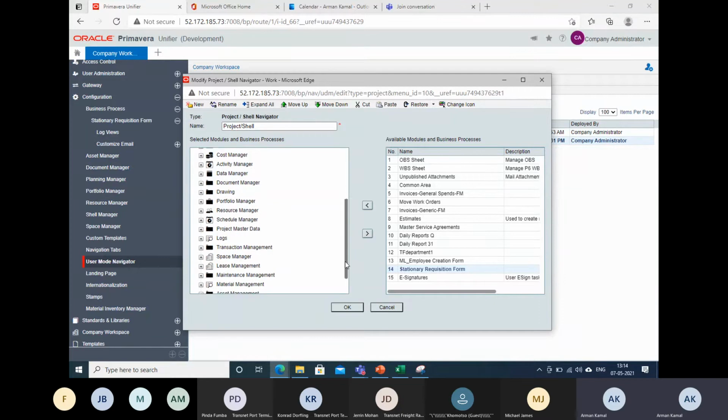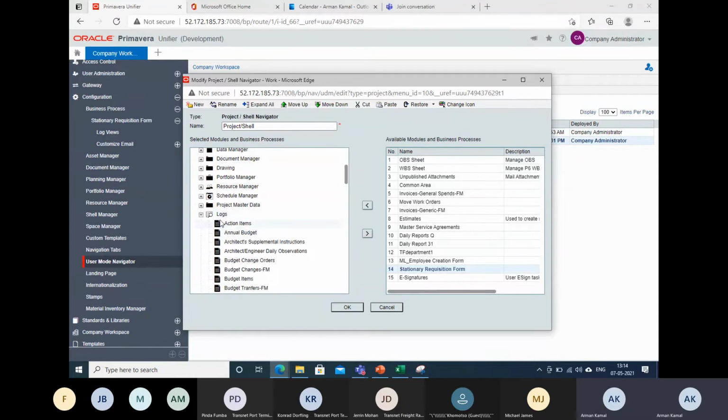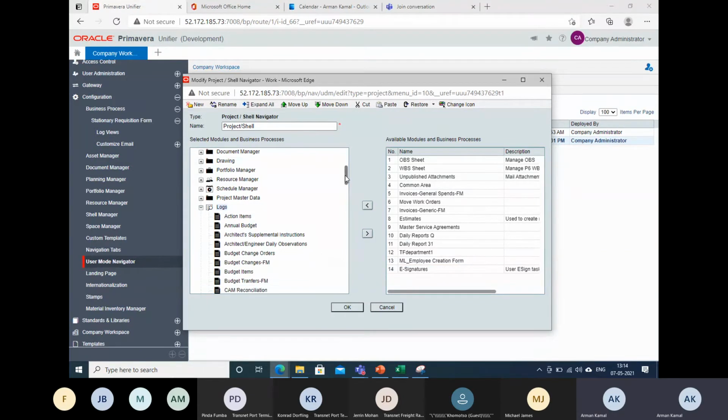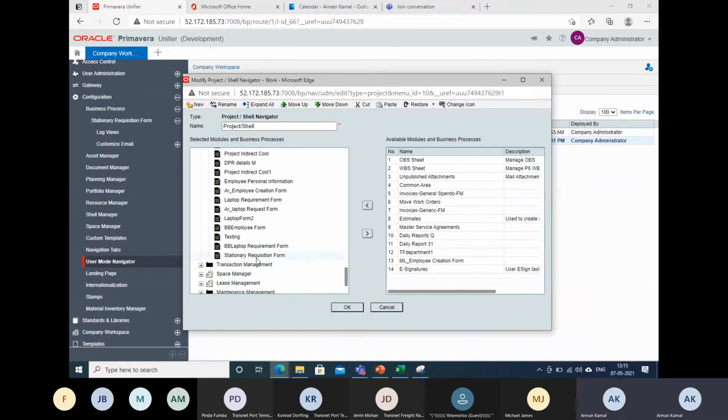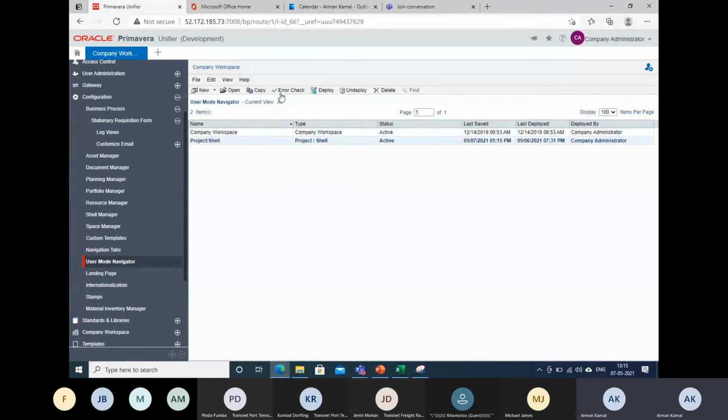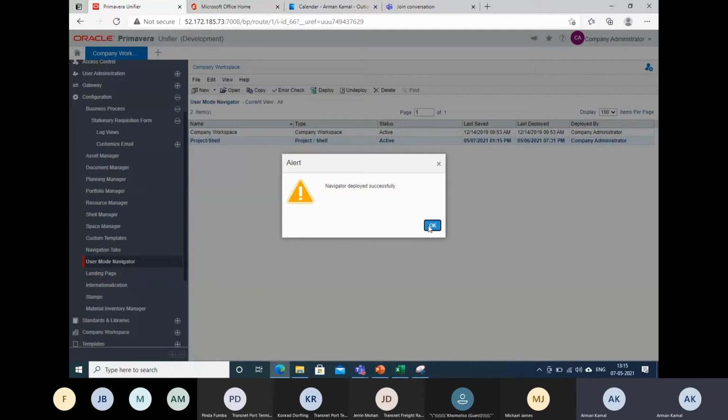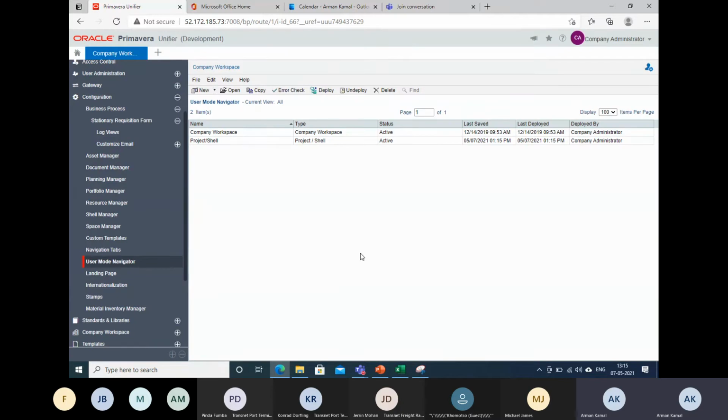So you have to select the log tab and select this form very precisely, and make it jump from left to right. You'll see the stationery requisition form is now on the right. Click OK and make it deploy. Select that and make it deploy. So it is deployed. Okay.